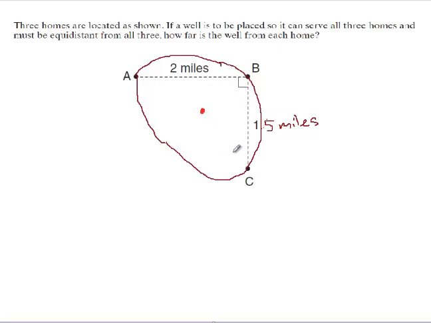Now, the only information we have over here is that 2 chords are 1.5 miles and 2 miles. And the other thing we know is that this has to be a diameter. The line that goes through the center to C has to be a diameter. The reason for that is another one of the rules that we learned in this chapter, and that is that